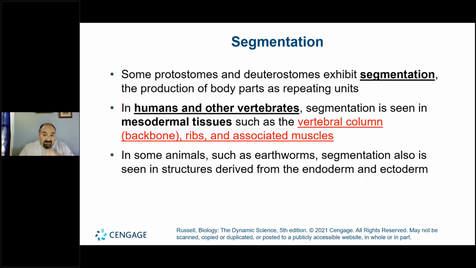Knowing that some protostomes and deuterostomes exhibit segmentation, the production of body parts as repeating units. In humans and other vertebrates, it is seen in the mesodermal tissue: the vertebral column, the ribs, the associated muscles. That's an example present within humans. In other animals, such as earthworms, segmentation is also seen in structures derived from the endoderm and ectoderm. Okay? So folks,